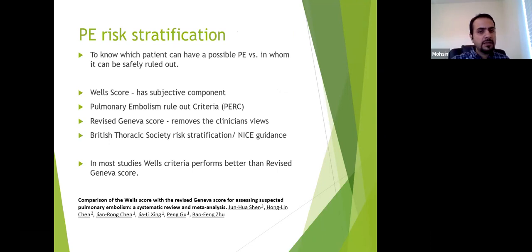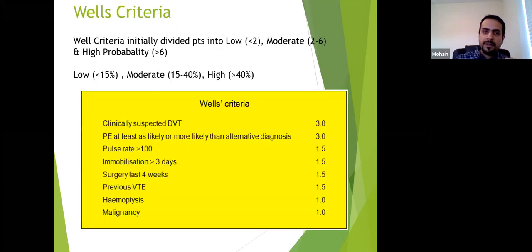Nowadays everyone has a smartphone, and you can have those apps and always look it up whenever you think about it. So it's not about learning each and every aspect of these risk stratification scores. Instead, what I want you to remember is to just think of what score to use and when to use it. Most of the time we use the Wells score to risk classify our population into low risk, medium risk, or high risk. So I'll tell you the Wells criteria.